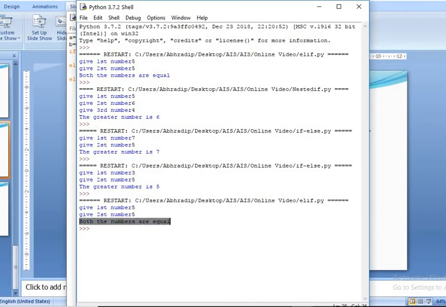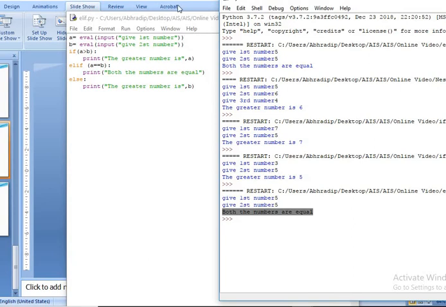That means the elif is going to execute, as I have given both numbers equal. The if will return false because 5 is not greater than 5, then it will go to the elif condition. The elif will check whether 5 is equal to 5 or not. Yes, it is true, so it will not go to the else. It will just check that condition and print the statement under that condition.